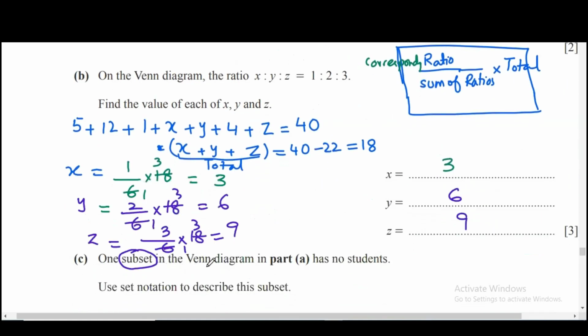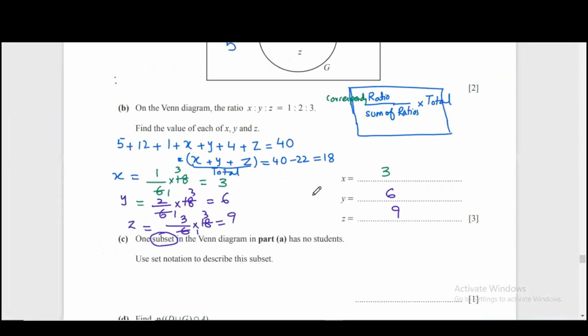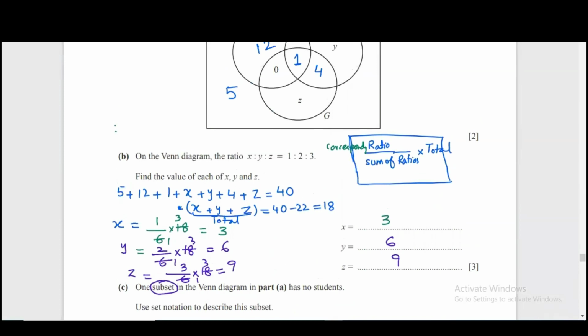One subset in the Venn diagram in part A has no students. So look at the diagram here. These are subsets. So yes, zero students here. Use set notation to describe this subset. We have to describe this region. So to describe this region, you have to